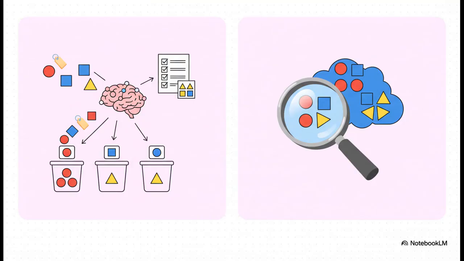So how do these things learn? Well, there are two main ways. First, you've got supervised learning. The best way to think about this is like giving the AI a cheat sheet. You give it a bunch of data that's already labeled with the right answers. Then there's unsupervised learning. This is more like detective work. You just give the AI a mountain of unlabeled data and say, go find the patterns. For you as a leader, the difference is huge. Supervised learning takes a lot of work up front to label everything. But with unsupervised learning, you might find amazing insights you weren't even looking for.